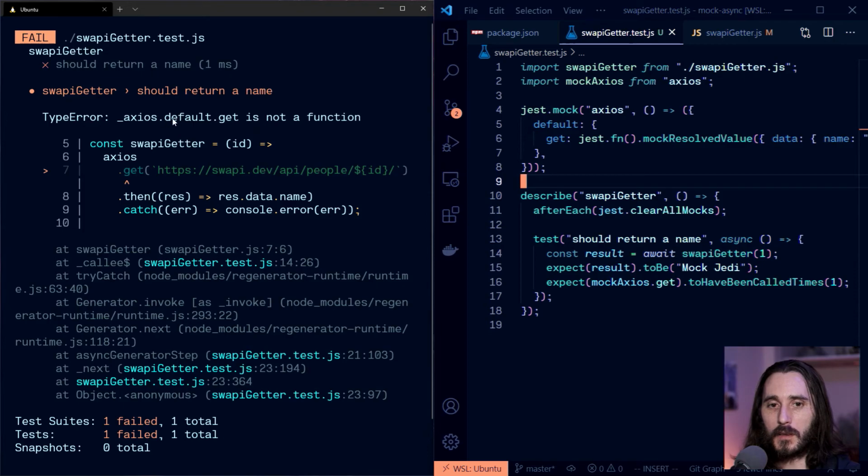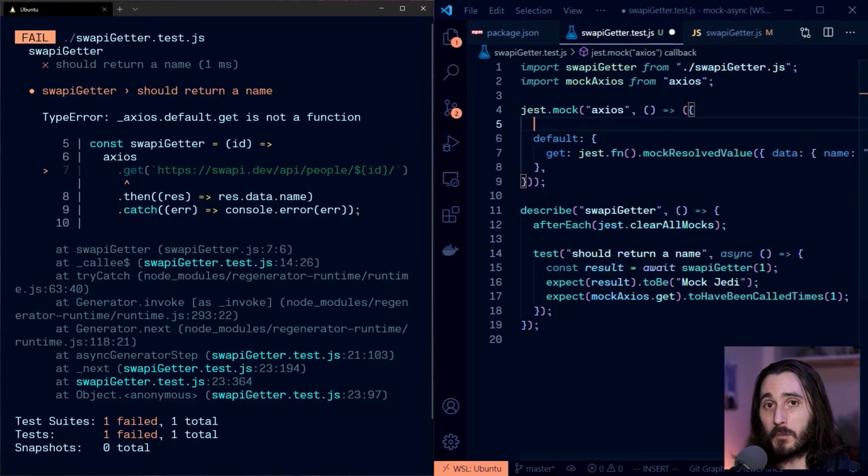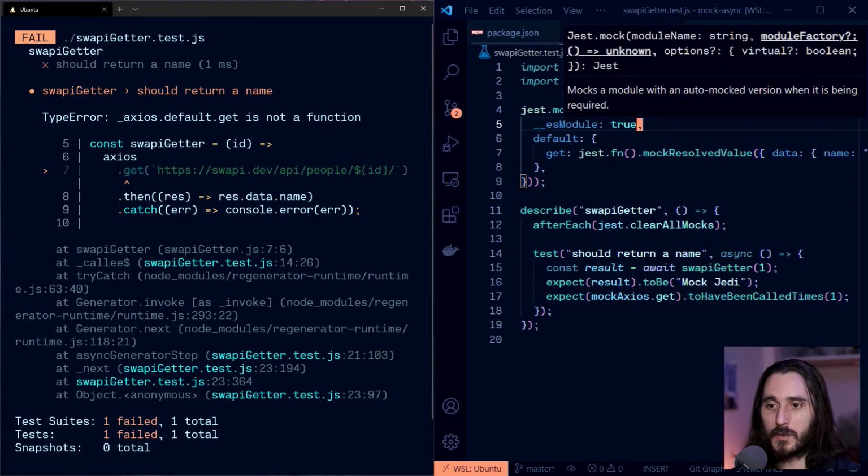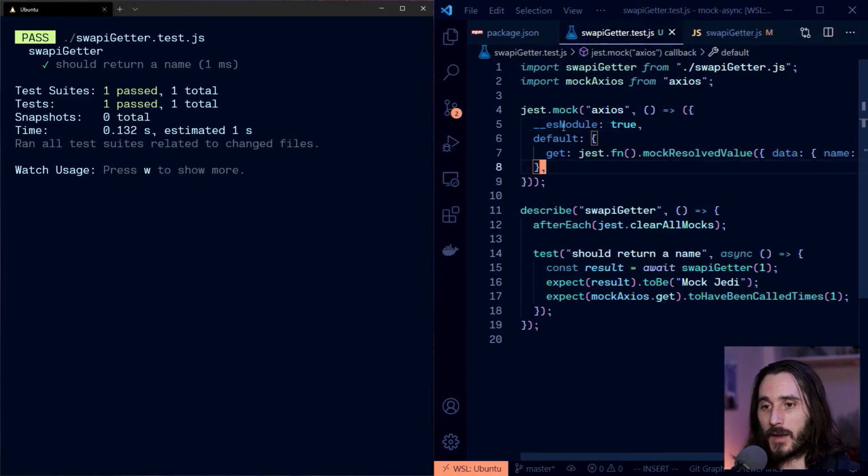Now, the reason that this happens, and this is a really confusing one to get stuck on, is that we are using ES module imports. And so we need to set __esModule to true. Super confusing. And that will make it pass. I got stuck on this for so long the first time that I learned this. So you can actually do named methods without that. Or if you're just using require syntax, you don't need that. But in this case, because we're using ES module imports and exports, and we want to use the default here,